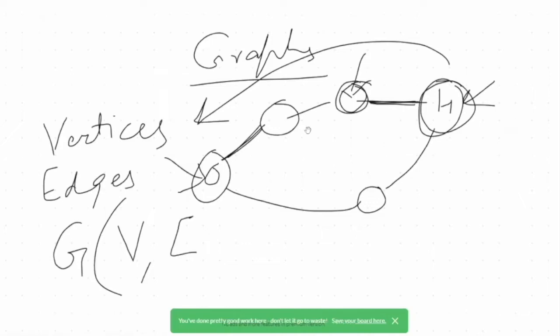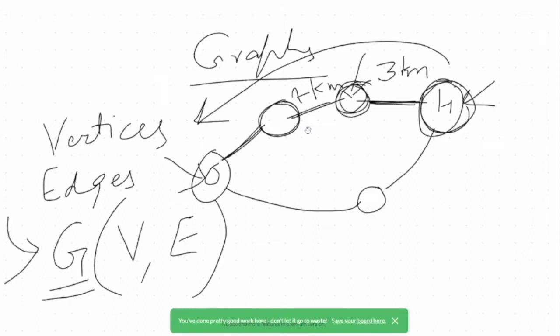Okay. Now, in some cases, initially it's fine because I know from home to this point maybe the distance is around 3 kilometers, and from this particular point to another point the distance is maybe 4 kilometers. So this is another property of the edges. It's not a property of the graph per se. A graph has only two properties, vertices and edges. This is the property of an edge, which says how long this particular relationship is, or how big it is. What's the value of this relationship? So if I say the value of an edge is 3 kilometers or maybe 4 kilometers, depending on which edge it is, right? So this is how you represent a graph, or this is what a graph means.